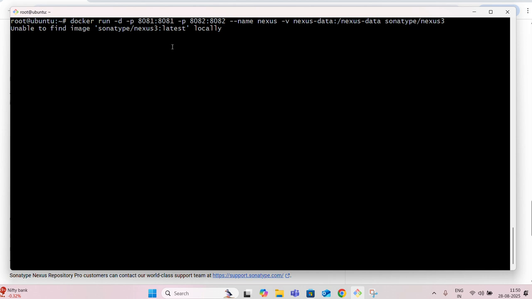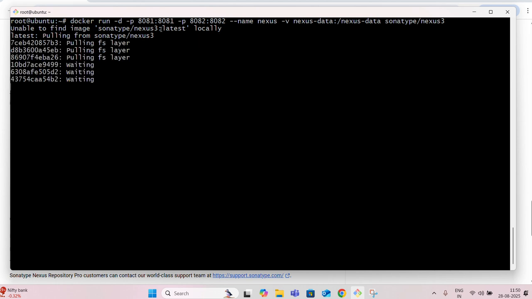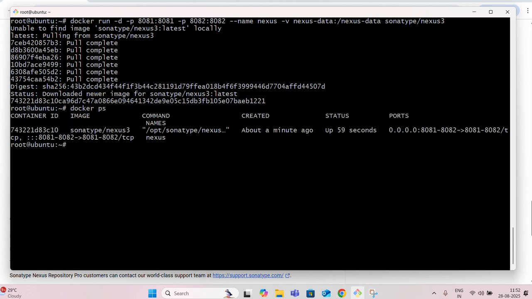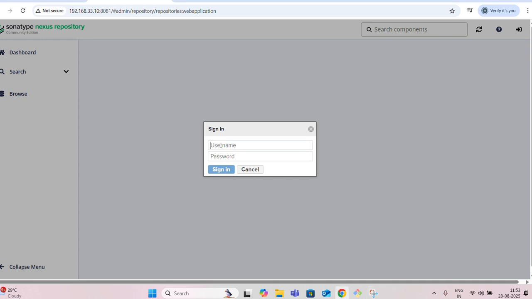It is trying to pull the image from the central repository as well as run the container. Now the image is successfully pulled. Check by using docker ps. Now this container is running and port 8082 is also enabled. Now you can check, admin.